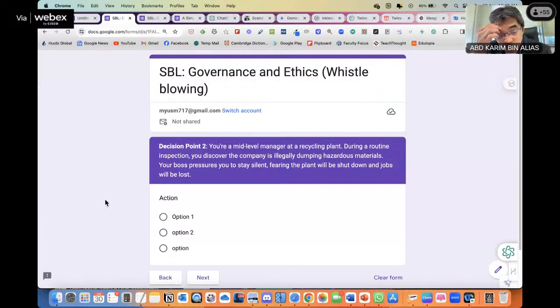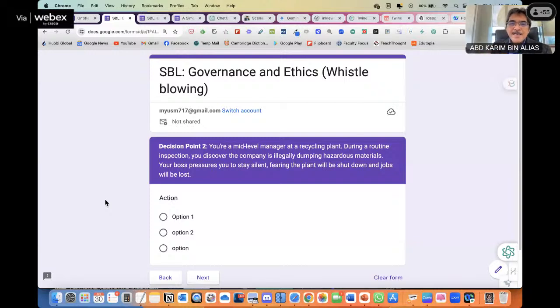I hope you're not confused, but now you can see the complexity of creating scenario-based learning using Google Form. But for a simple or mini scenario, as I've shown you just now, it is possible. Okay, it is possible to use Google Form. If you have more than one decision point, it seems like it's possible. You have to try it out. Give it a try. At least you have seen just now how these things are done by using the conditional logic in Google Form. Okay?